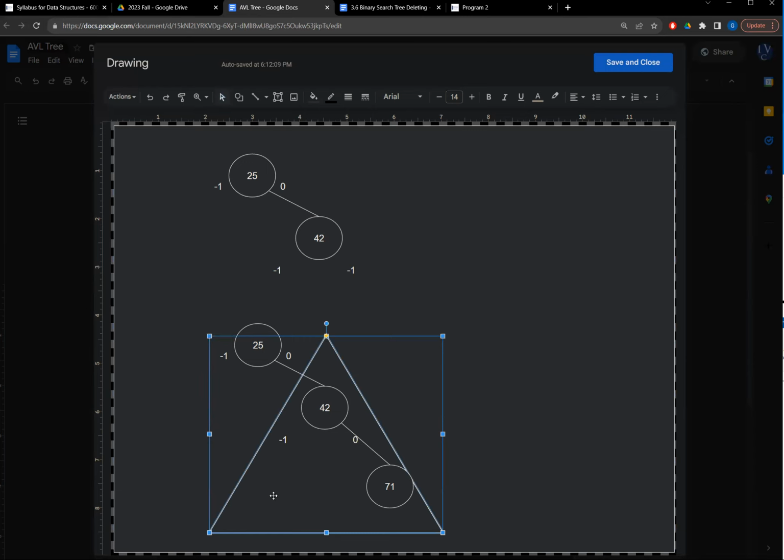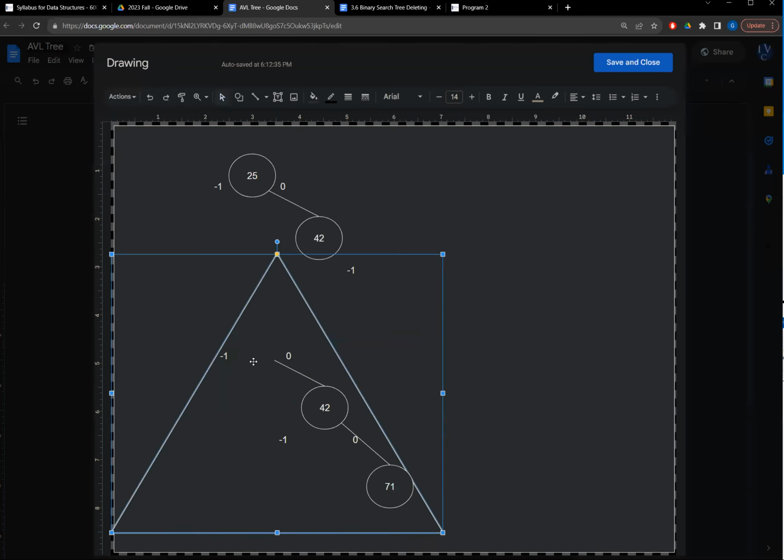And so as we work our way back up, we're going to have this 2-node tree. And a 2-node tree is as balanced as a 2-node tree can be. We have a -1 on the left and a 0 on the right. Right, that distance on the number line between those two numbers is 1. That's as good as we can go. As we keep going back up in the tree,